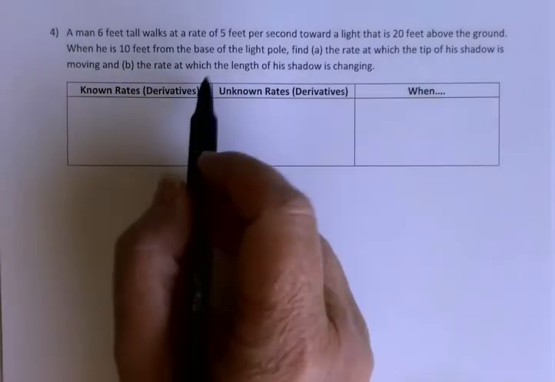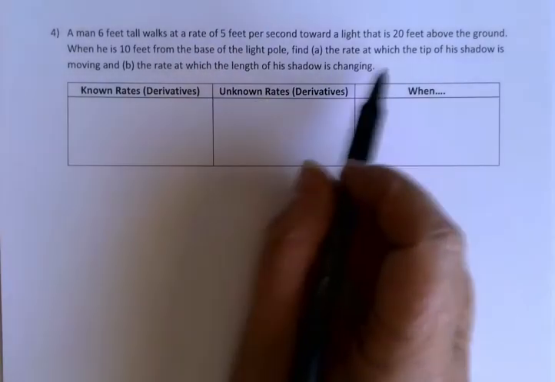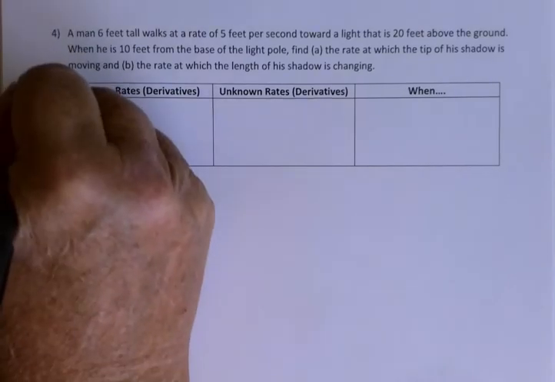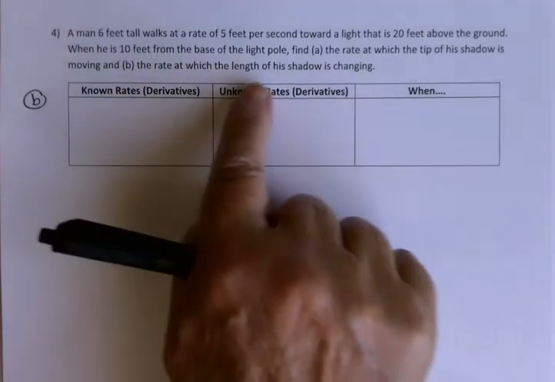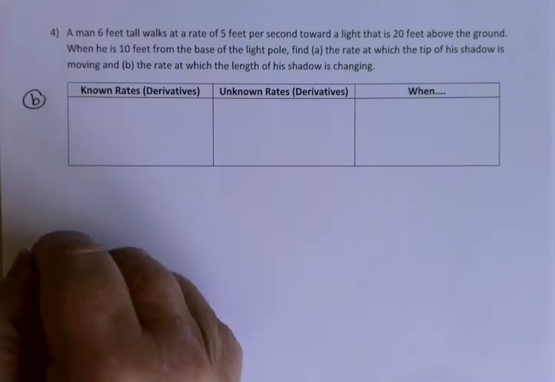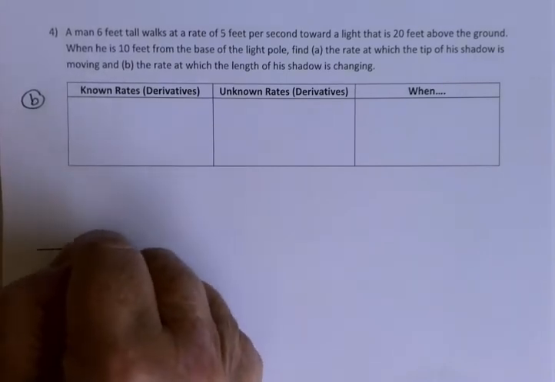When he's 10 feet from the base of the light pole, we'd like to find a couple of different things: the rate at which the tip of his shadow is moving, and the rate at which the length of his shadow is changing. I'm actually going to do part B first here. So when I set up my table, I'm actually doing part B. All right, so here we go. We've got